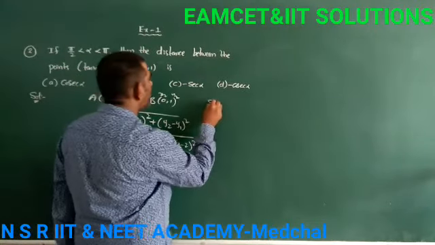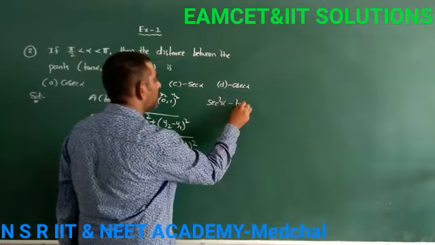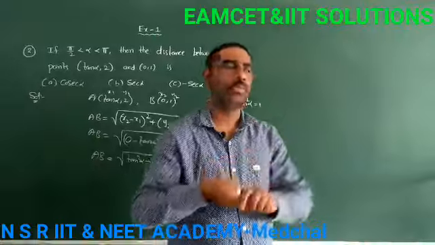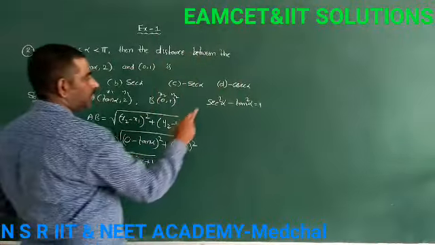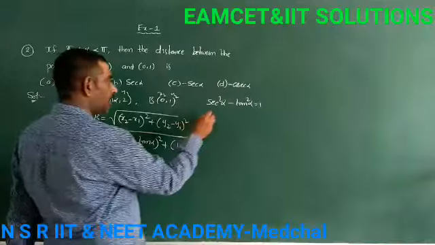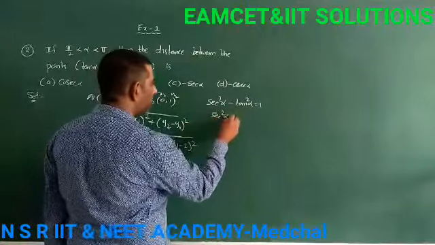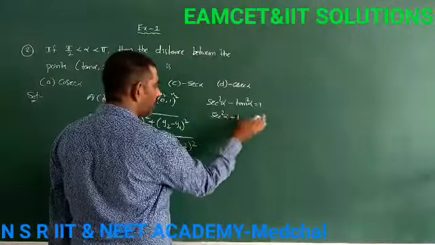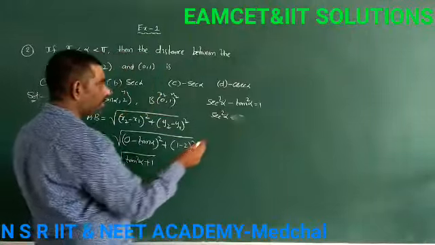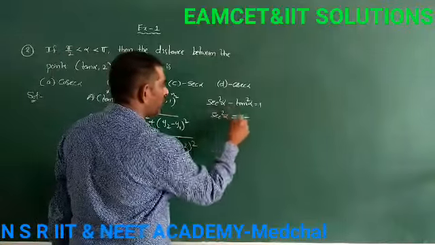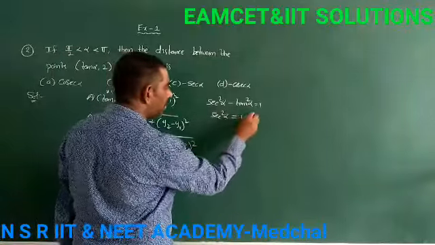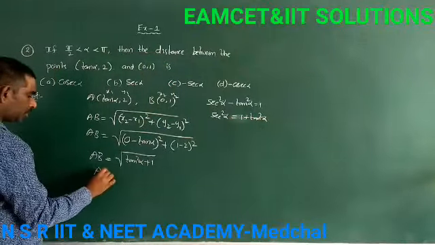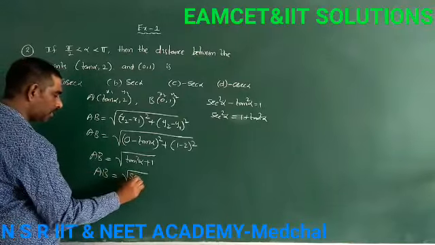Already we know the formula secant square theta minus tan square theta equal to 1, which we discussed in trigonometry problems. Okay? So secant square alpha minus tan square alpha equal to 1. So secant square alpha minus 1 is equal to tan square alpha. We have tan square alpha plus 1. So secant square alpha equal to 1 plus tan square alpha, moving minus tan square alpha to that side, it becomes plus. So 1 plus tan square alpha is equal to secant square alpha. So AB is equal to under root of secant square alpha.